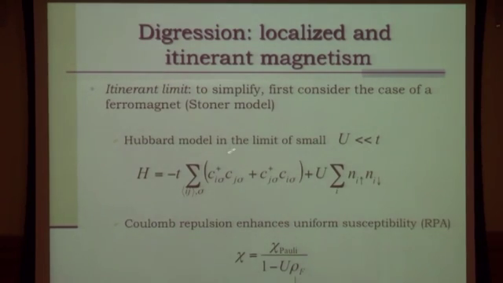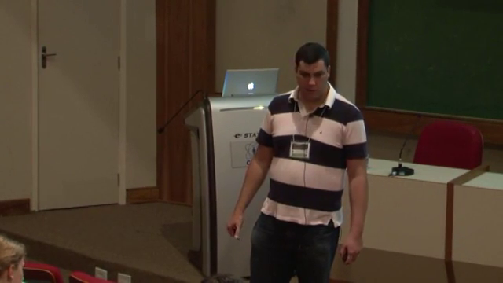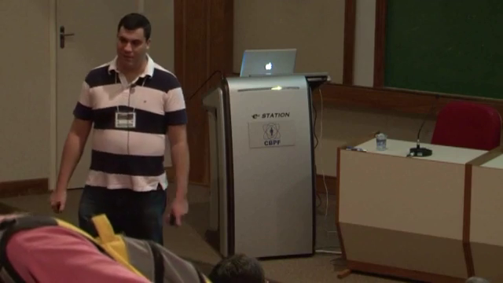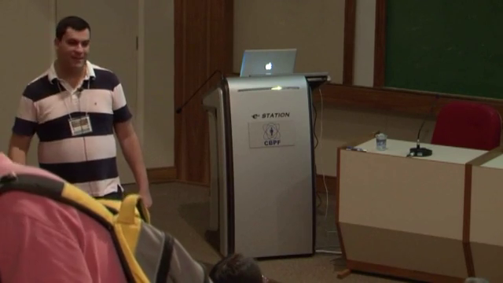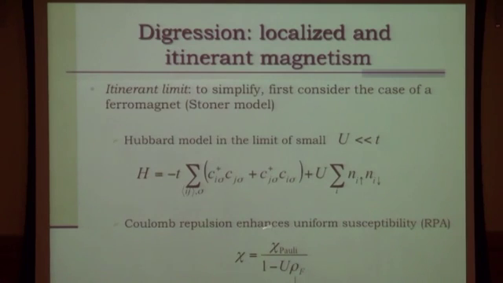You can start with the Hubbard model in the limit of very small Coulomb repulsion, and then just calculate the susceptibility. What is the susceptibility of the free electron gas? If I have a metal, what's the susceptibility? No. Pauli, thank you. This is a metal, okay? So I'm sorry, you said Pauli first and you lost. So it's Pauli, it's a constant, right? This is for the free electron gas.